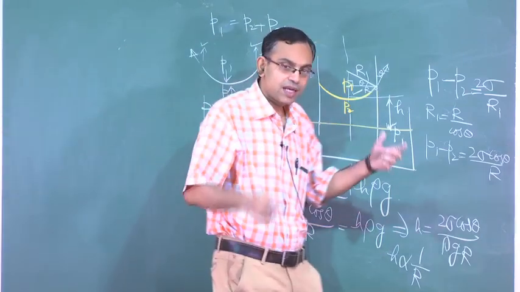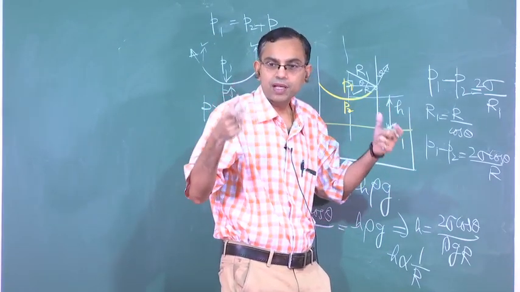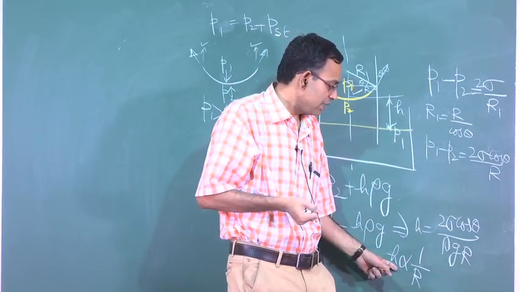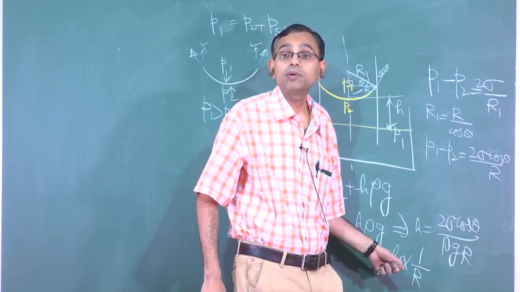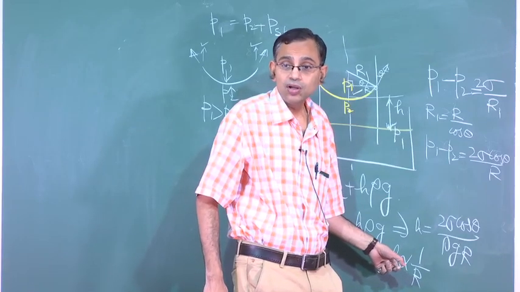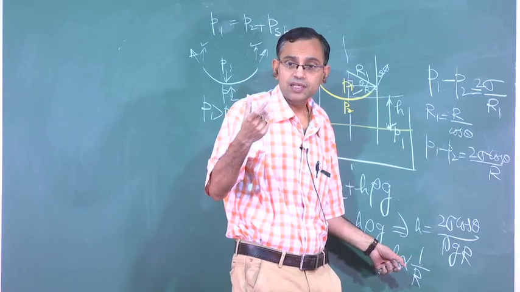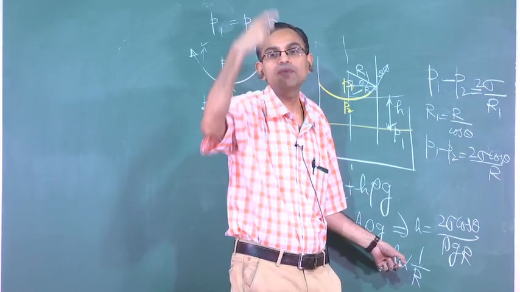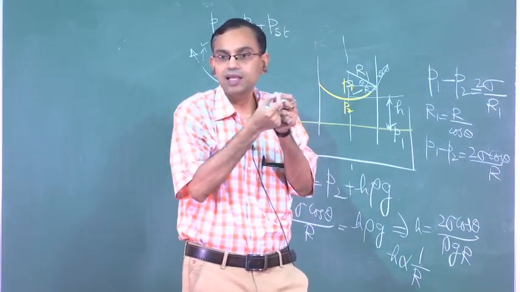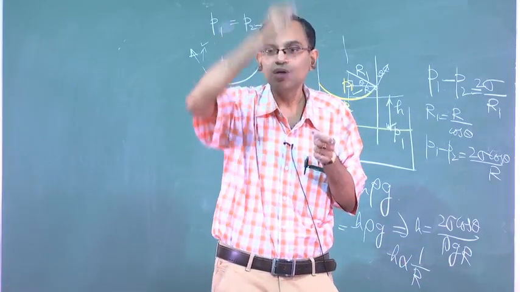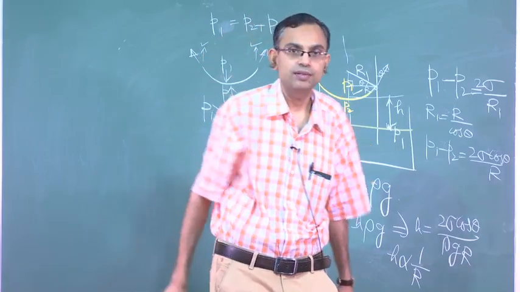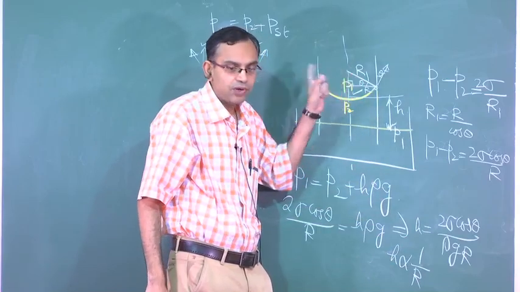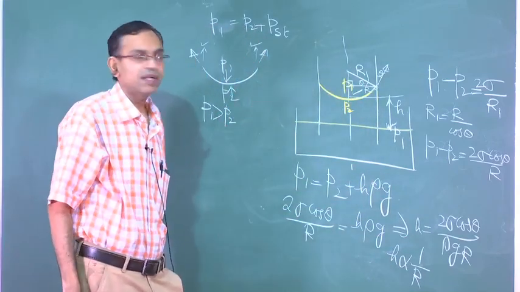That means, if you have a 1 meter diameter pipe and you convert it to a 1 micron capillary, then the capillary rise becomes 10 to the power 6 times. So, in a pipe there is surface tension, but that is not manifested as an effective force to drive the flow. But in a narrow capillary that can be an effective force to make the fluid move from one height to the other.